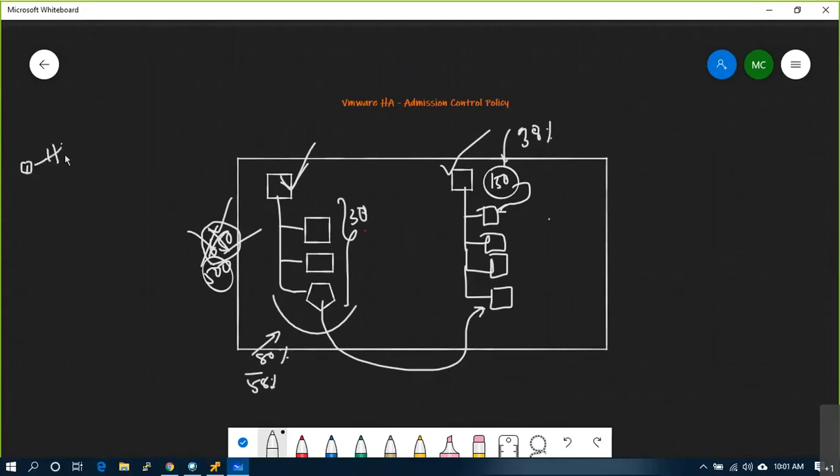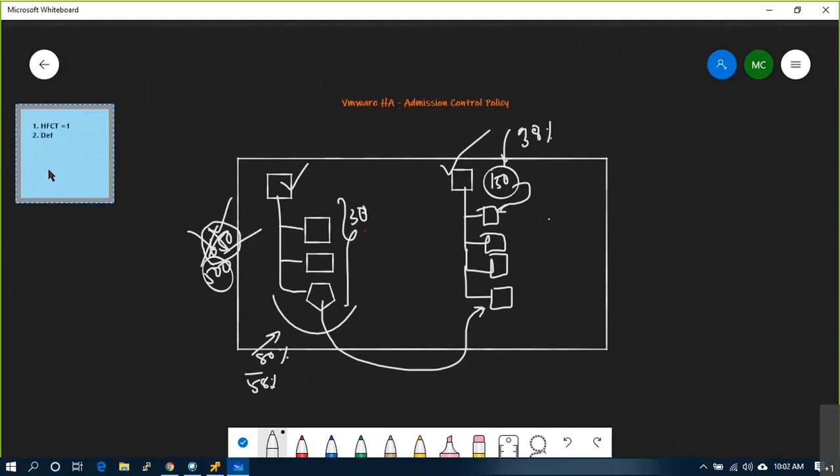So what are all the options we discussed? Let me type it. First one, host failure cluster tolerates equal to 1.